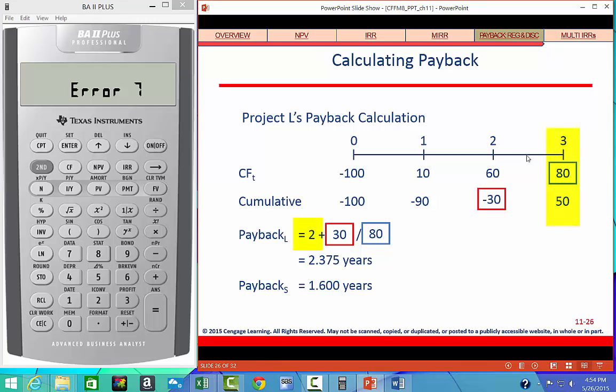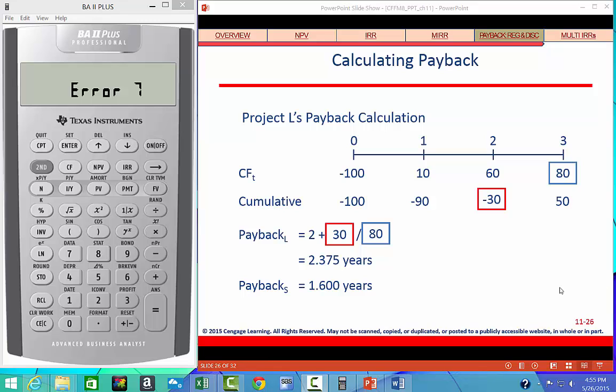And in year three, you get 80. So since it's greater than 30, we have to take 30 divided by 80. So 2 plus 30 divided by 80 years is 2.375 years. And then if we look at Project S, and we did the same thing, you would get 1.6 years. Now this has weaknesses that we'll talk about in just a minute, but